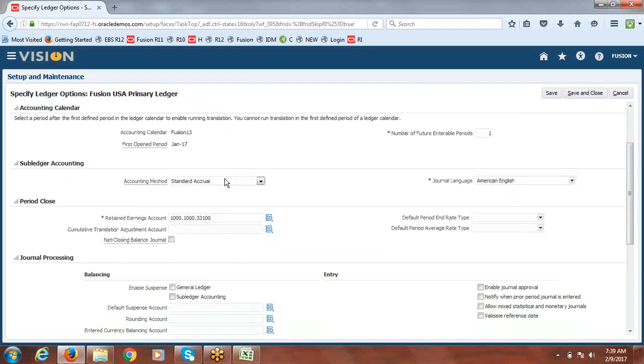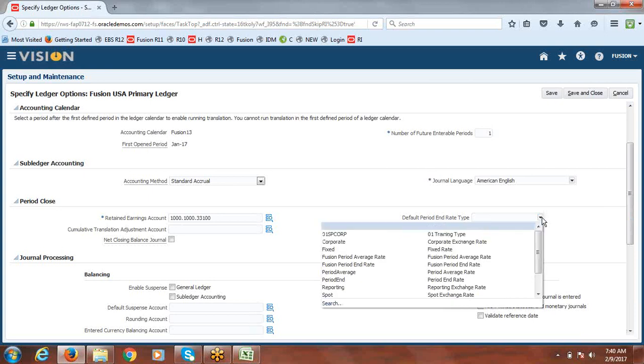Here we have default period end rate type and default period average rate type. Along with that, we have the CTA account, cumulative translation adjustment account, where these rate-related variances will hit. So we'll specify the rate types we created.